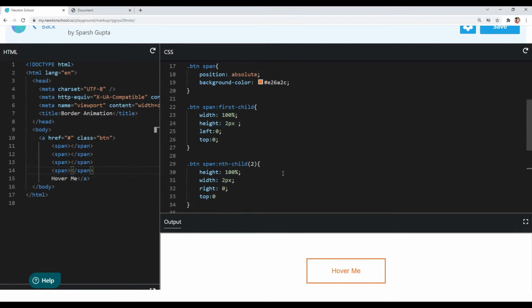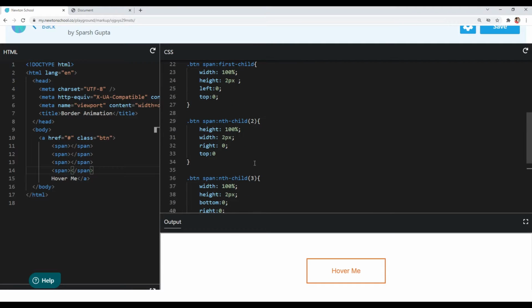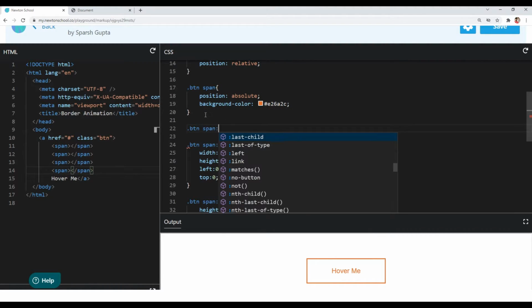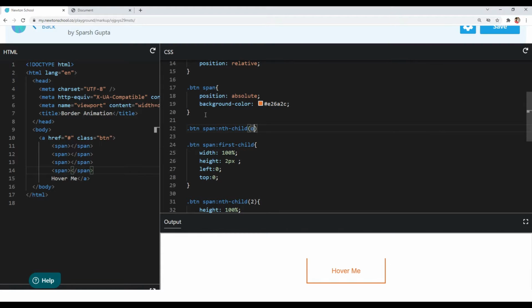Okay, so what I will do is basically we have some similar stylings in the first and third child, so I will select them together. Let's see how we can select our first and third child together. I will write nth-child, and in nth-child I will pass odd.